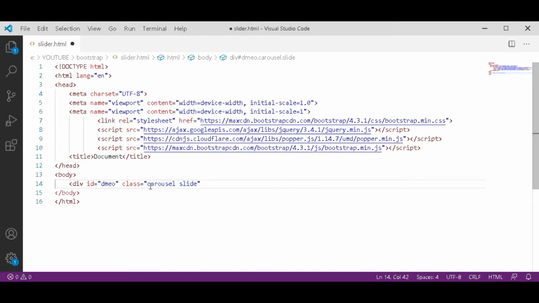After that semicolon, space data-ride carousel. Carousel is used to slide data.